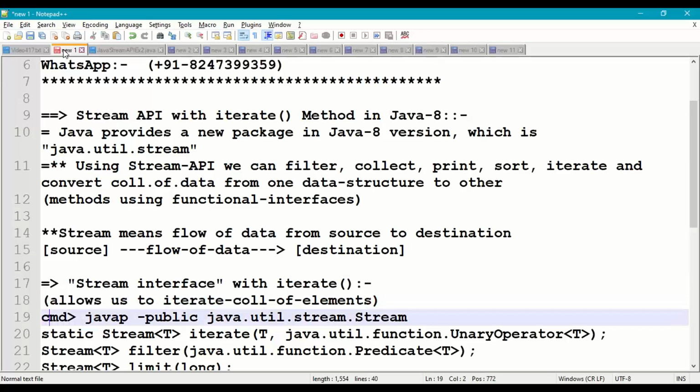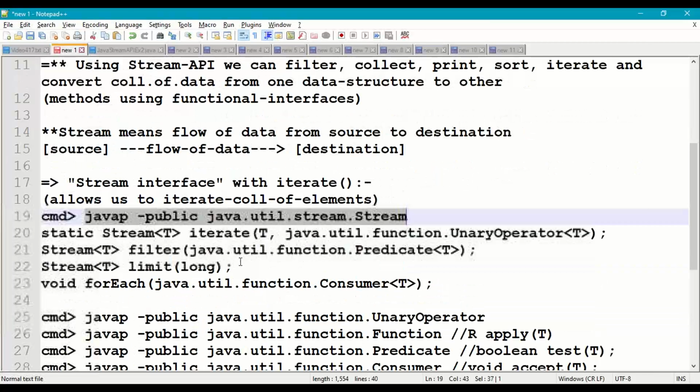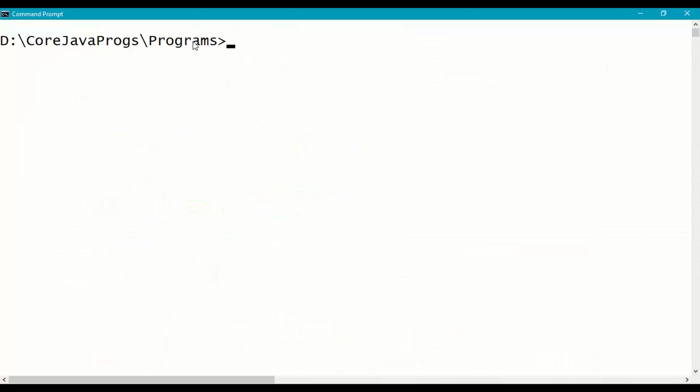If you see the description of this class, we are going to use iterate method, filter method, limit method, forEach method. First we'll go to the command prompt, issue the command java p -public